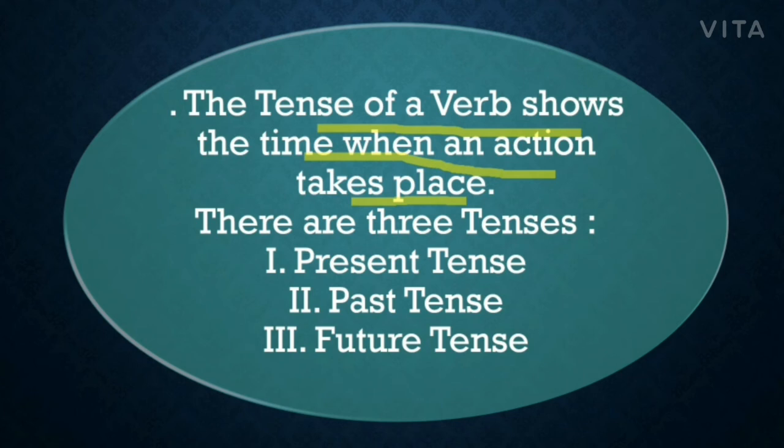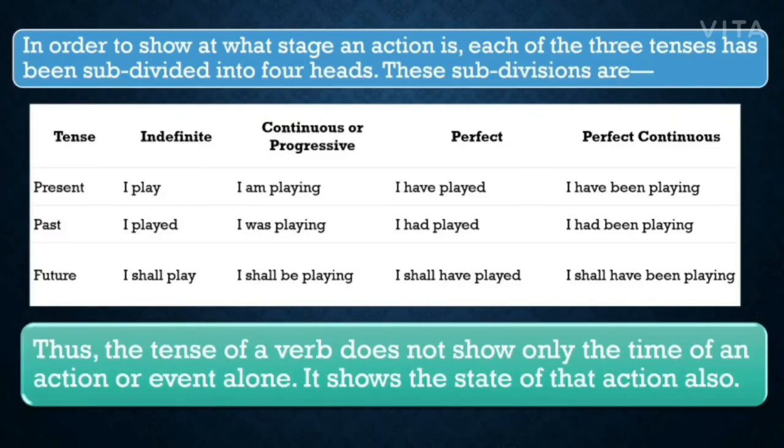Fine. As we all know, there are three kinds of time: present, past and future. So similarly, there are three kinds of tenses: present tense, past tense and future tense. Clear, students? So in order to show at what stage an action is, each of these three tenses, present, past